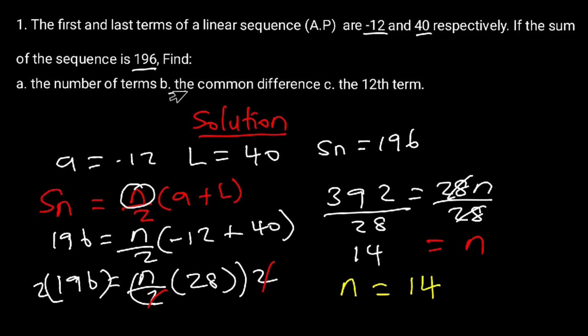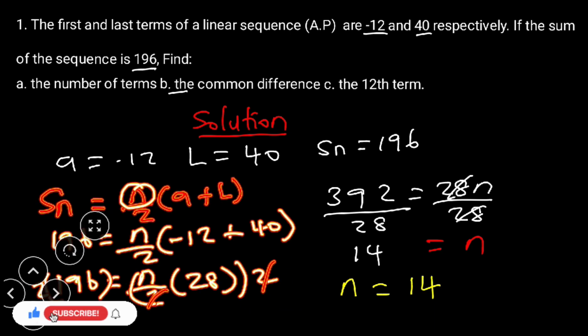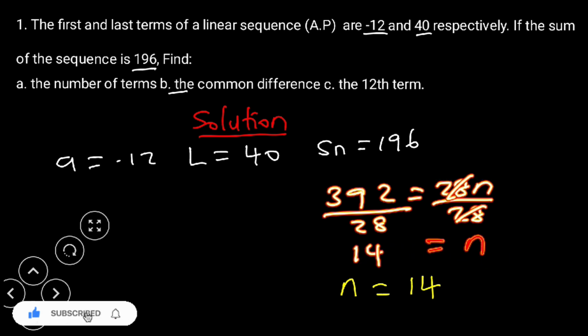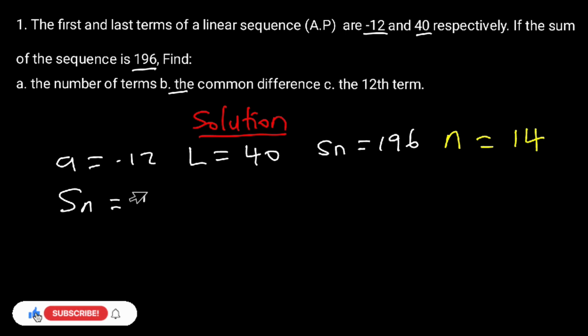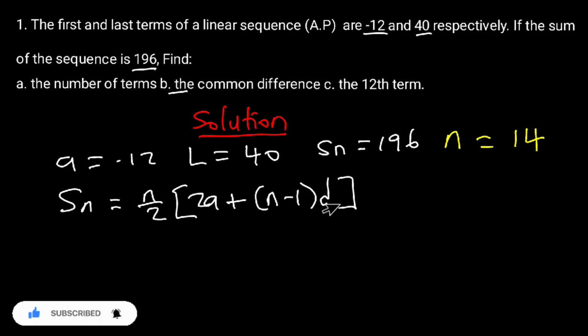Now let's solve the B part of the question. So we are going to make use of this formula. Now because we have the sum of the sequence, we now know the number of terms, which is 14. We know the first term, so let's use this and find the common difference. Now we have